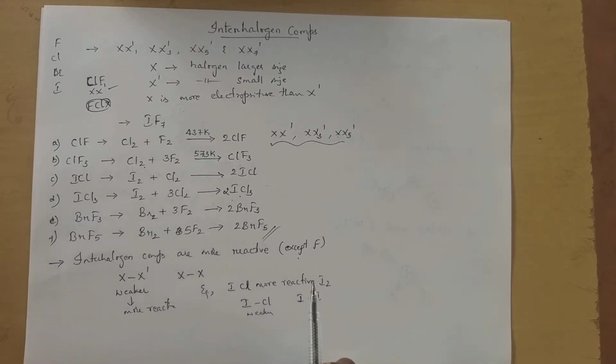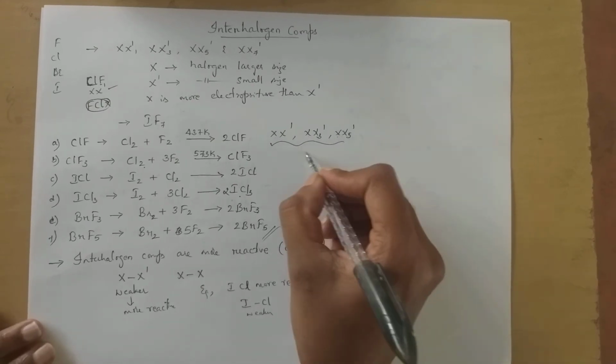Then next we have hydrolysis of interhalogen compounds. So what do you mean by hydrolysis? So hydrolysis is nothing but the addition of water to the interhalogen compounds. So see here,